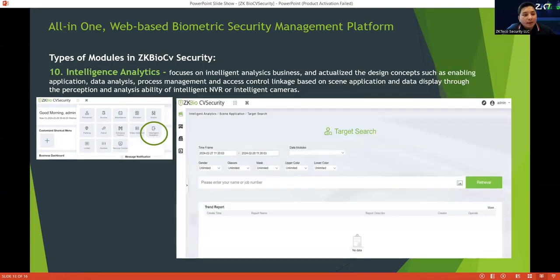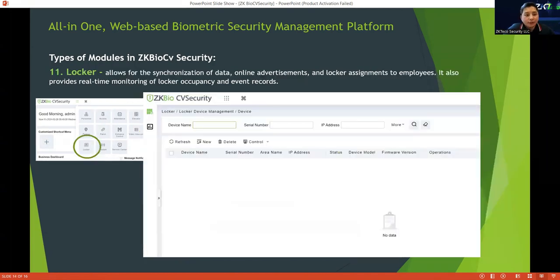Next is the intelligent analytics. It focuses on analytics businesses and actualizes the design concepts, such as enabling application data analysis, process management, and access control linkages. Next is the locker. Locker allows you to synchronize all data, online advertisements, and locker assignments to employees.